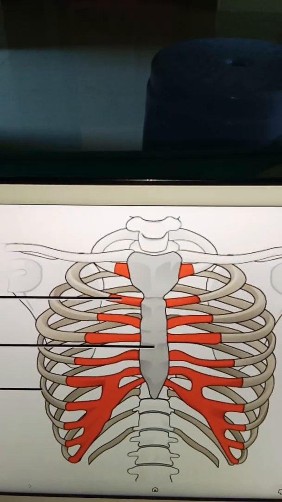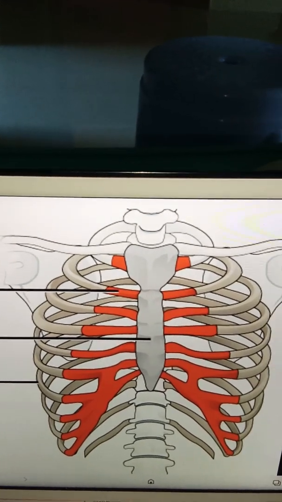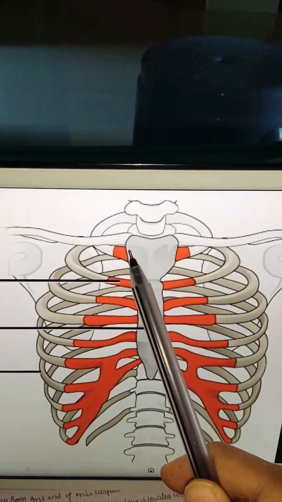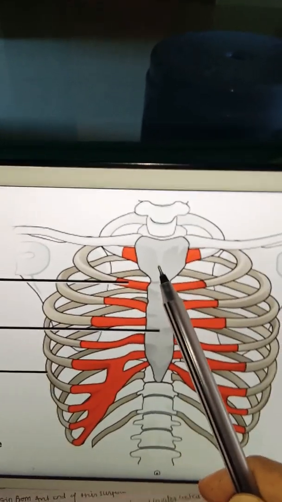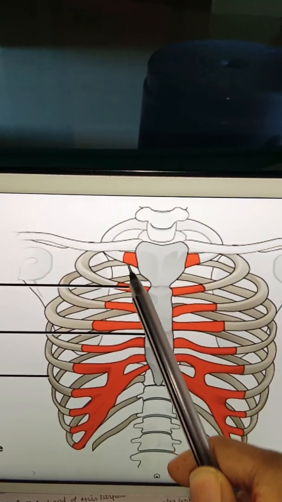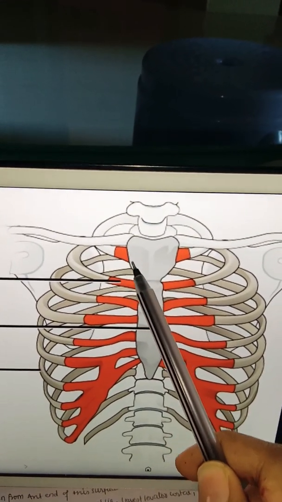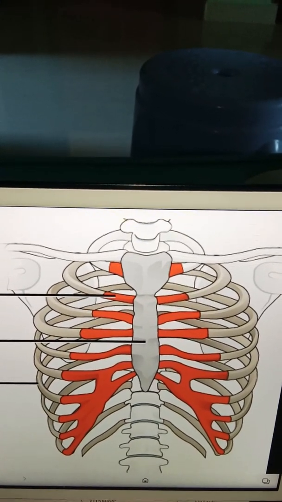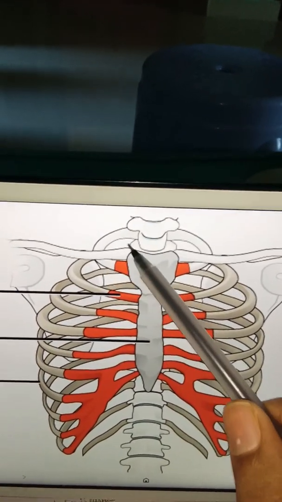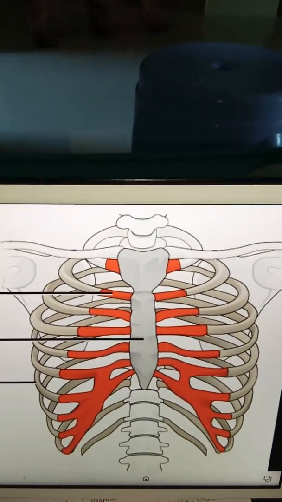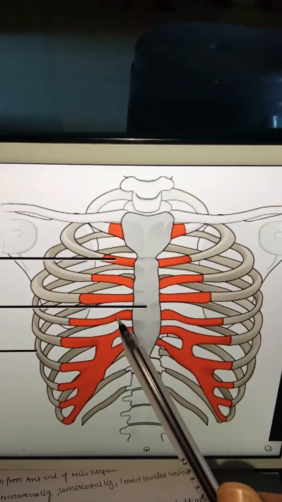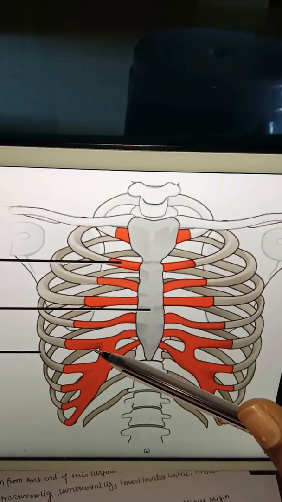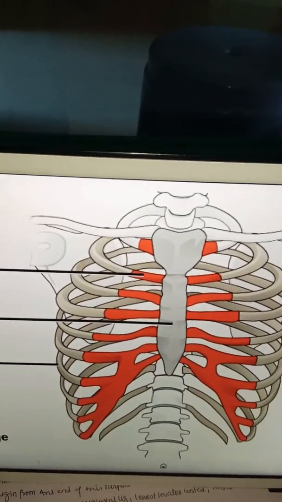And next, we have the attachments. The anterior surface of the first cartilage, you can see this is the first cartilage. Its anterior surface is mainly attached to the sternoclavicular joint, and because the joint is here, of course some of its ligaments and some of its joint parts will attach here. And also it attaches the sternoclavicular disc, joint capsule, sternoclavicular ligament, subclavius muscle. So these are all attached to the first cartilage. And next coming to 2nd to 7th cartilage. These cartilages give origin to pectoralis major. So pectoralis major gives its origin here from 2nd to 7th cartilage.